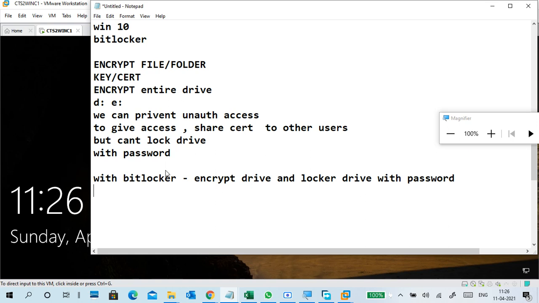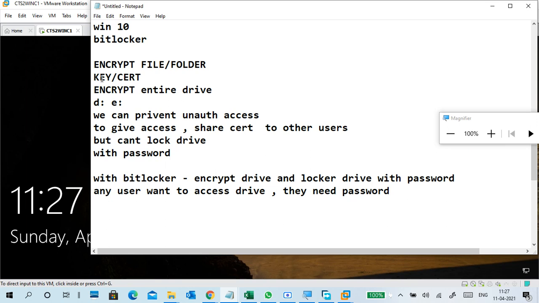If any user wants to access the drive, whether the main user, a second user, an admin user or any user, they need a password. They don't need a key or any certificate. They just need a password.